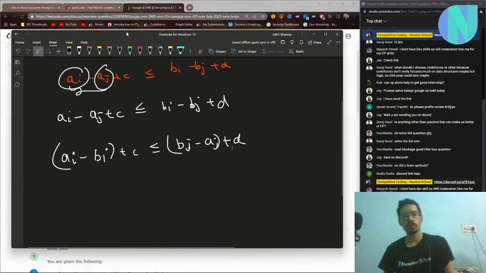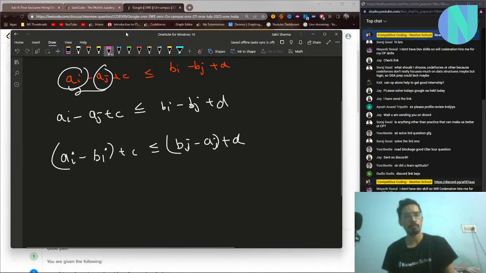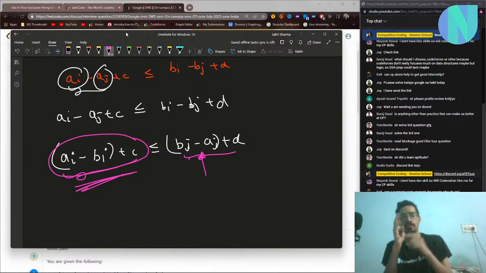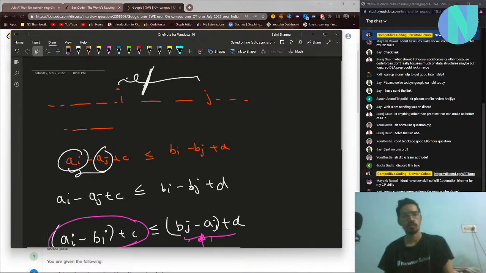So what you can do is store this thing in a map, right? And when you are at a current index j, you can check this value and just add the number of values, that is AI minus BI plus C, that are less than the current value. So you basically break the link between I and J. Now your I state is different and your J state is different, so now you should be able to count. I think it's easy. After this you should be able to solve it. The main thing is to just rearrange the formula.